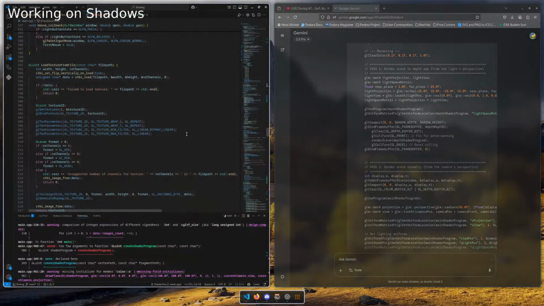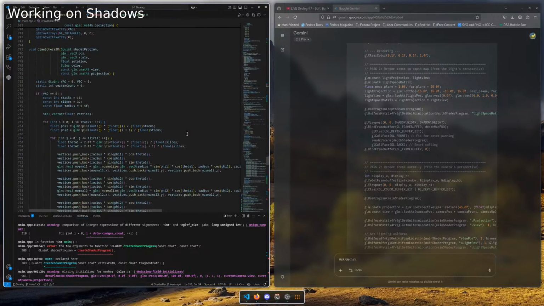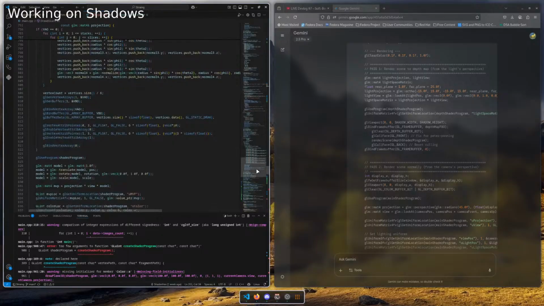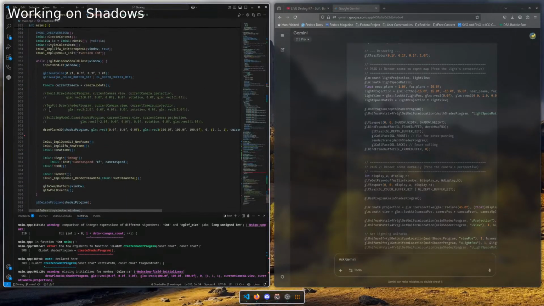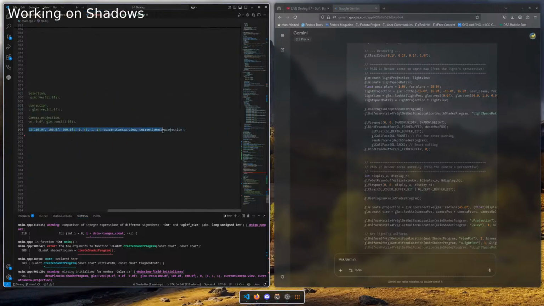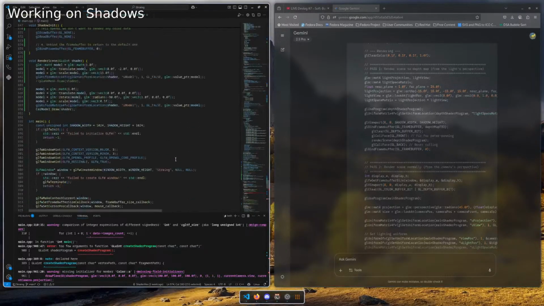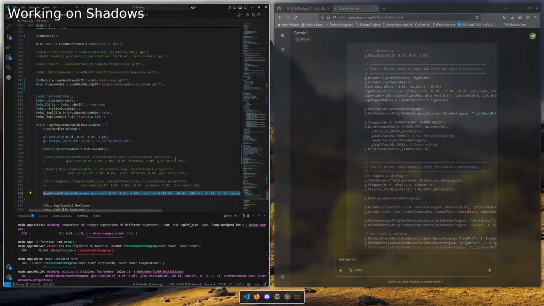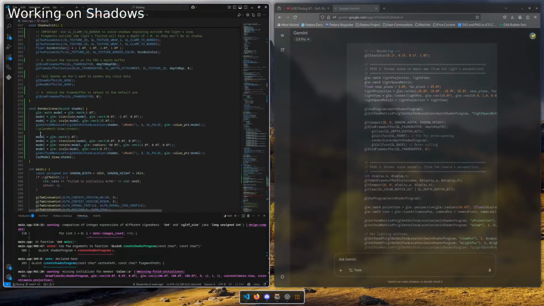I think the plane can work with the plane how it is. So I think I have to just, where is the plane? Draw plane 3D. Copy that. And where's the shader? There, you paste it here.